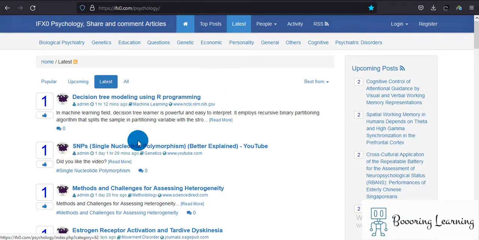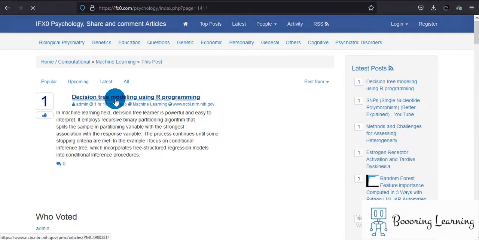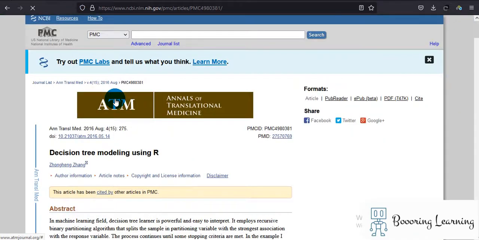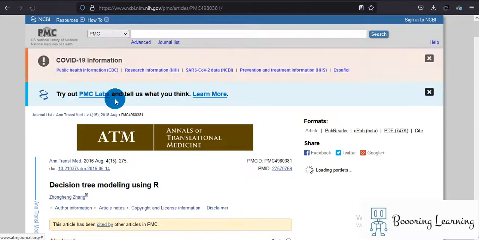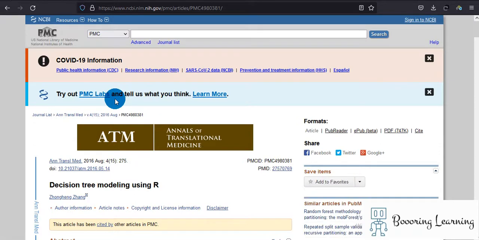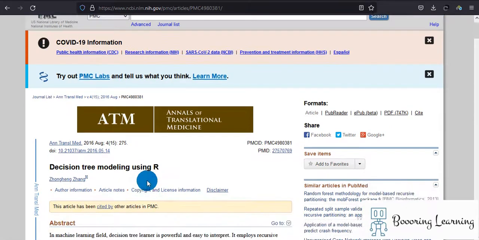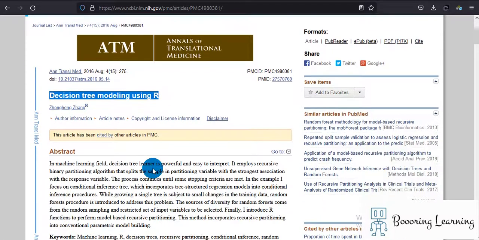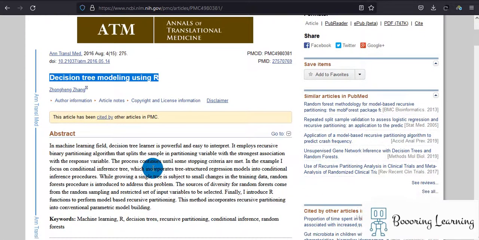Here our topic is decision tree modeling using R programming. There are different ways of using machine learning, such as many programs like Python, and R is also quite popular. So here they mention decision tree modeling using R, and in my opinion, using R can be easier to conduct